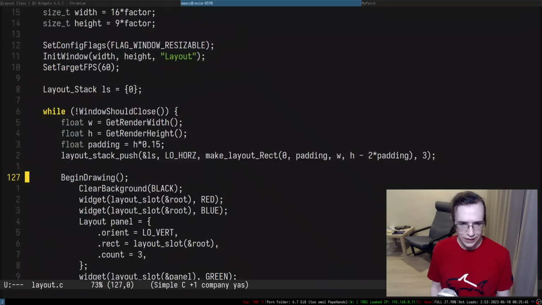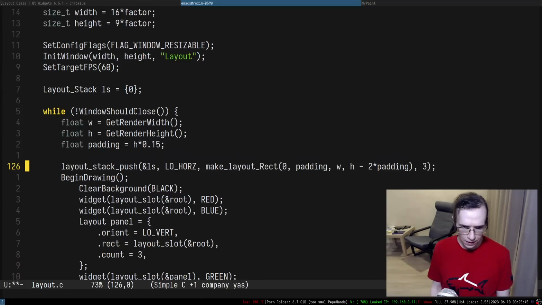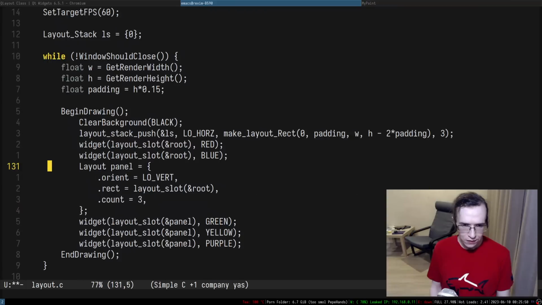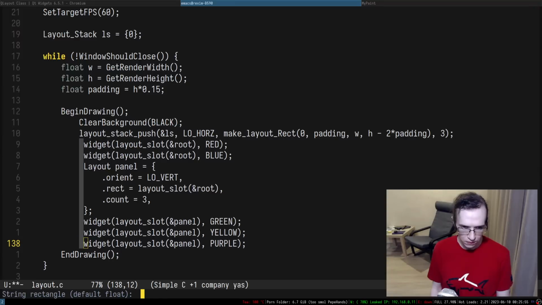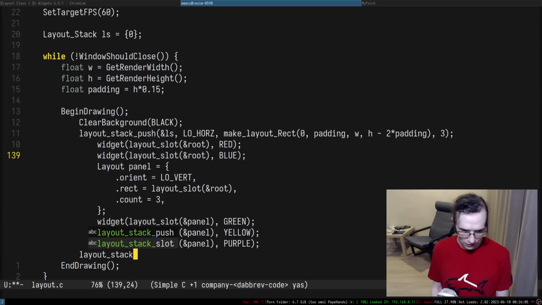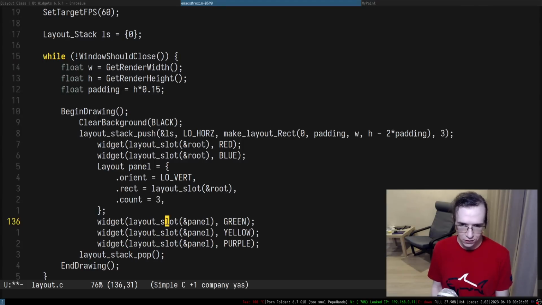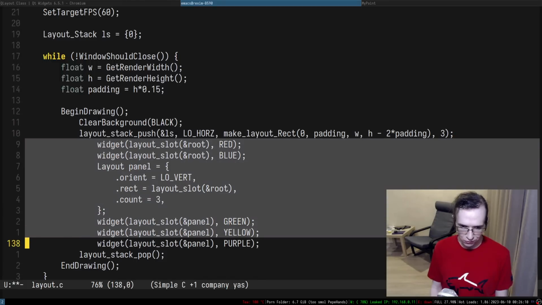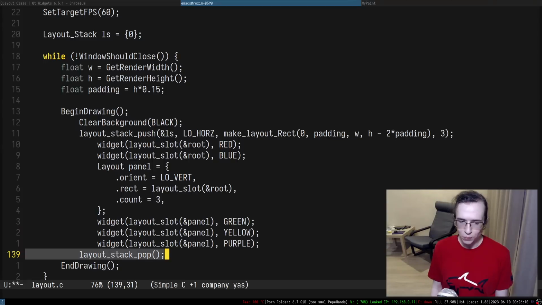So we just created this entire thing. So we can actually put it in here, and then we can say everything is rendered within this block, at the end of which we probably want to pop an element out of that stack. So we basically pushed a layout onto the stack, we rendered some stuff in here, and we want to pop the element out of that.